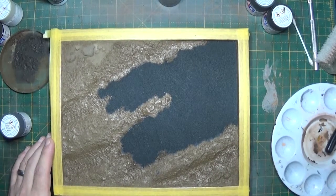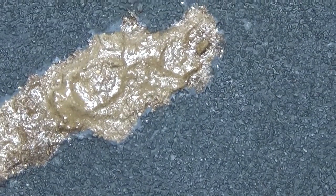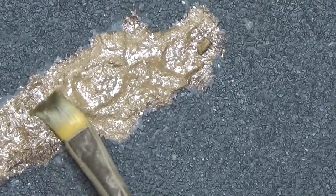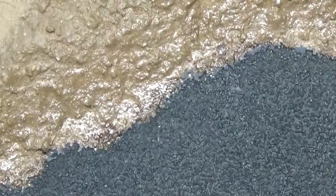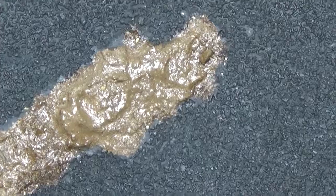So zoom in a little bit. Have a look at that mud, how shiny it is. Yeah, this is all dry, and then we've got the road. It pretty much looks like tarmac, which is what we're going for. So you see it's all looking wet. So the plan now